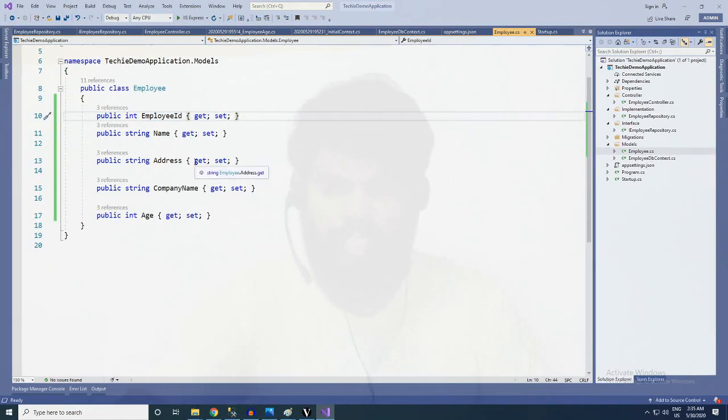Since this is a demo, I never added it. So if you want something like multiple data tables, like employee, author, books, where each and every author can write so many books as well, those kinds of primary key and foreign key implementation, if you want a demo like that, please